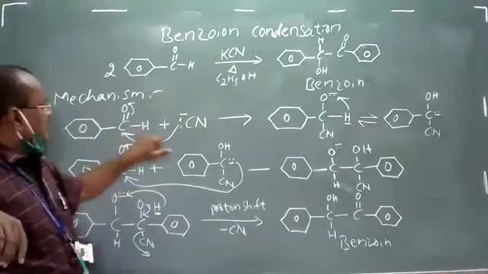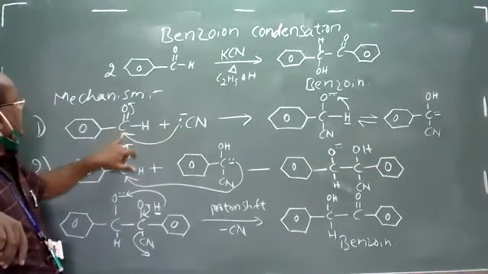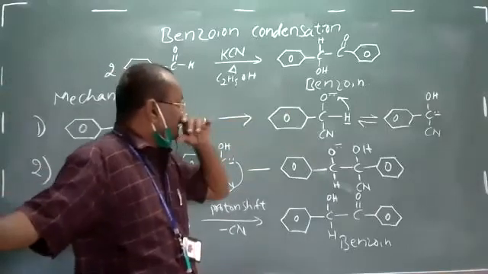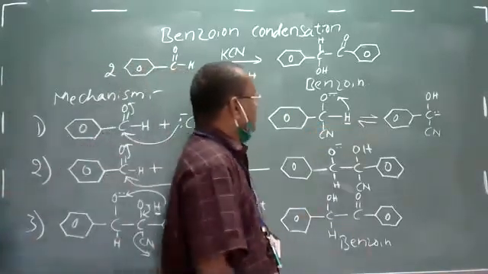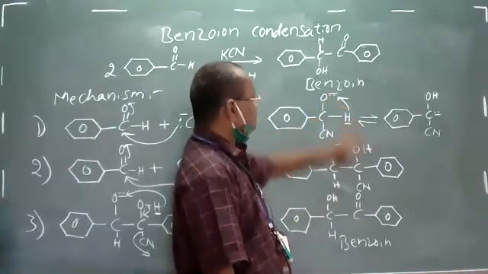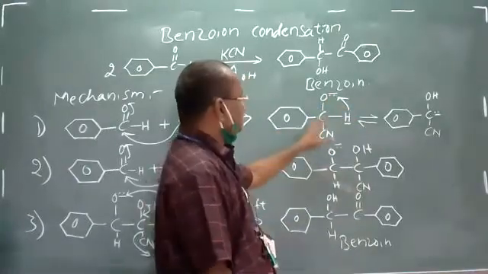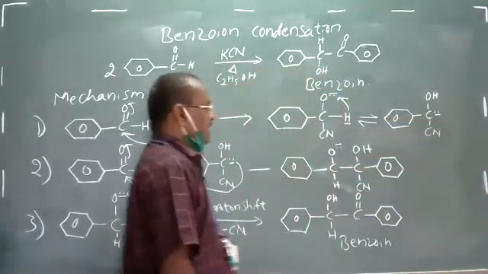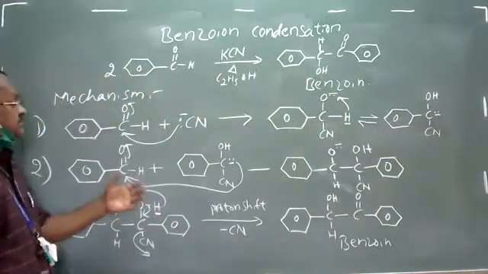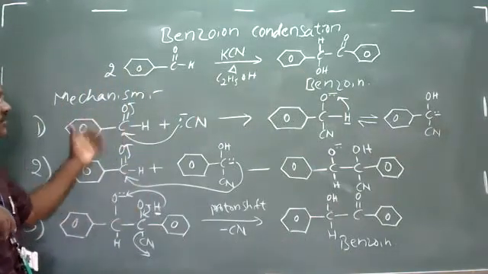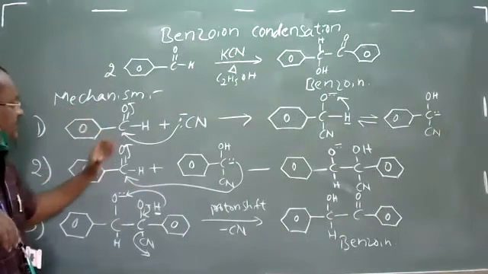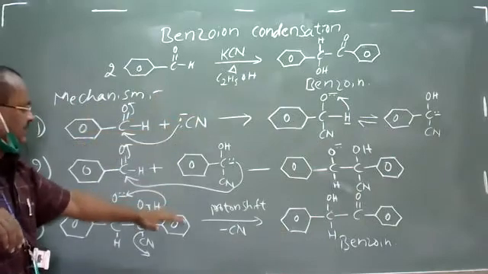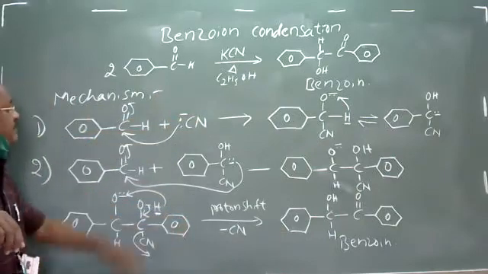When it attacks this, it forms the bond here by using this pair of electrons. When it does so, the pi bond electron will move towards oxygen to form an oxide ion. This undergoes hydrogen shift. Hydrogen from carbon to oxygen takes place to stabilize this. Thus, ultimately, a carbon anion is generated. So this particular mechanism is actually called the proton shift or hydrogen shift mechanism, where the proton shift takes place 2 times. One is in the first step, and another one is in the last step, that is the third step.